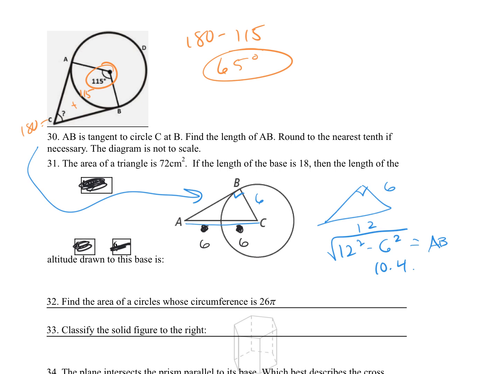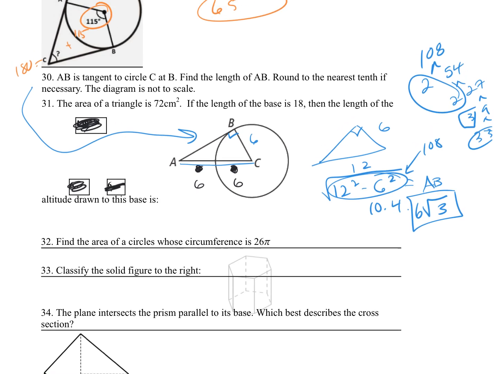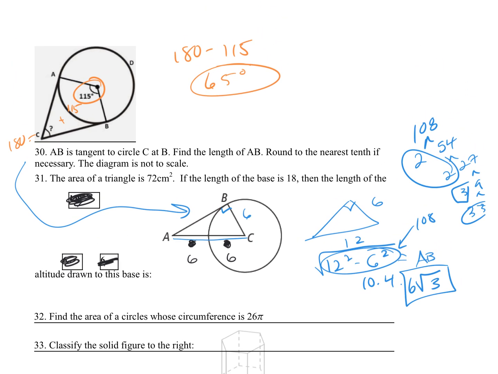But what if it wants it in terms of radicals? So this is really 108 under there. So if we have to break down 108 into a factor tree, it would be 2 and 54, 2 and 27, then 3 and 9, 3 and 3. So I have a pair of 3s and a pair of 2s. So this would be the square root of this guy is stuck, and then a 6, 2 times 3, so 6 radical 3. All right, and things are kind of jumbled up here. So I'm going to scroll up and give myself a little bit of room over here